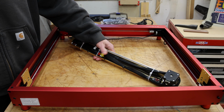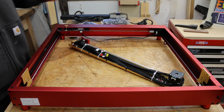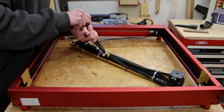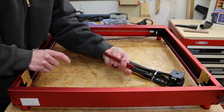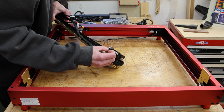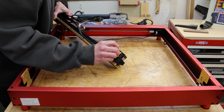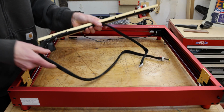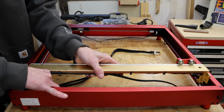Now we're going to move on to what I believe would be called the X-rail. Again, we need to cut the white zip ties only to loosen up all the wiring. There's one plug by the stepper motor that we need to plug in. And now it's just a matter of aligning the rail with the bolt holes on the brackets and installing the